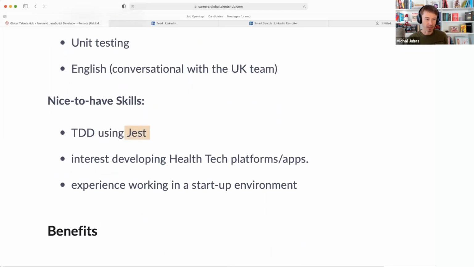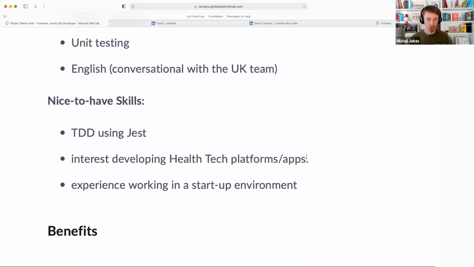But some little framework, people can just learn within a day. So that's why it's nice to have test-driven development using this particular framework. Interest in developing health tech platforms or applications is very welcome. Someone who is genuinely interested in